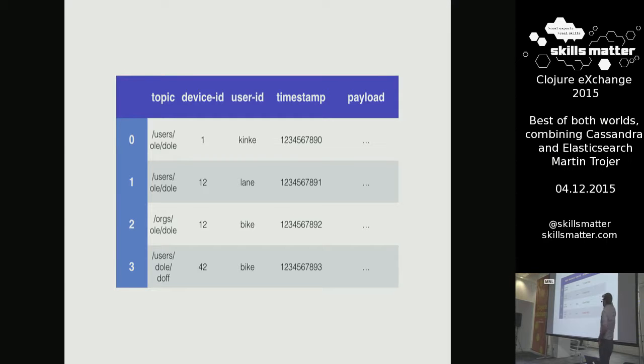So let's look at time series data. This is what it looked like. It's a big log of all the devices just publishing data. So we have topics, we have devices, we have users, and a timestamp. And when we want to extract this historical data, the typical time series query we do has two components to it.